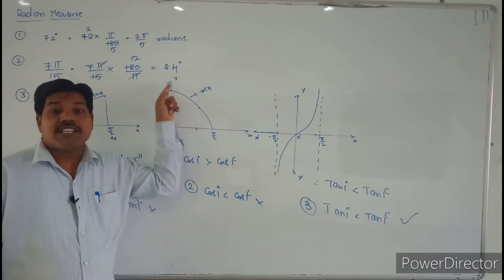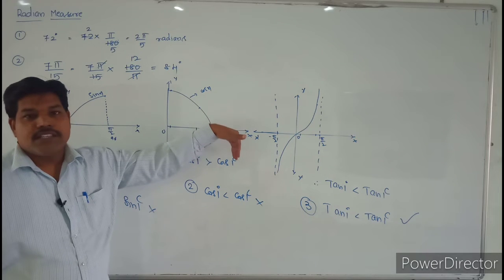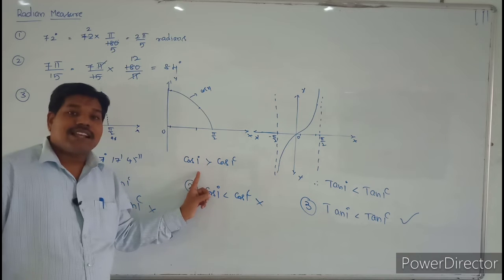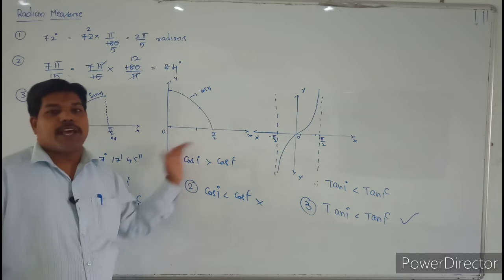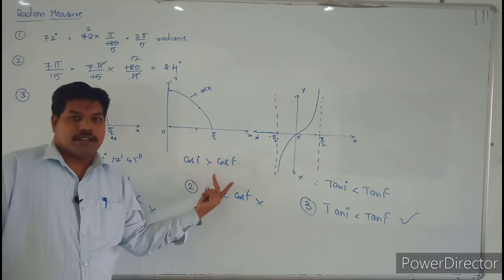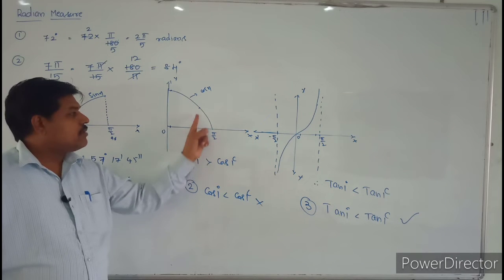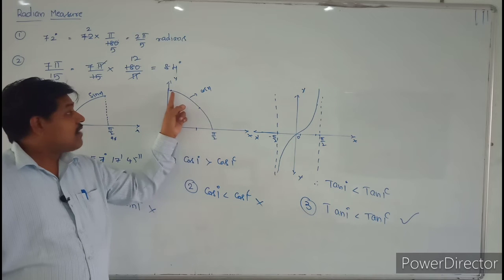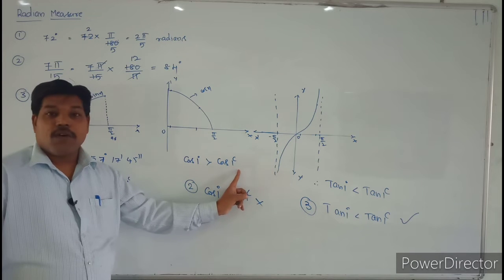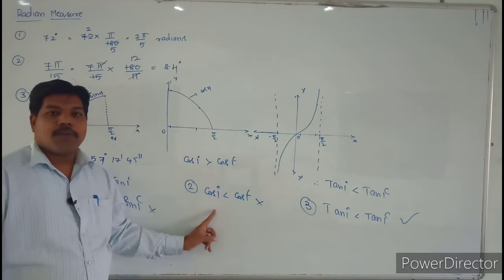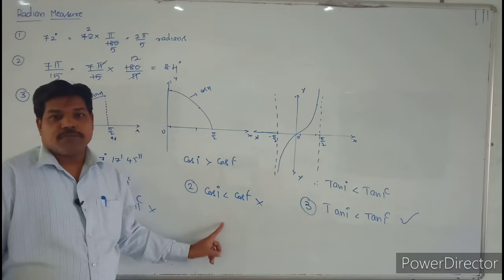Next one. Cos is a decreasing function from 0 to pi by 2. So in this one, what do we get? 1 degree is less than 1 radian. If the function is decreasing and we apply it, the less than will become greater than. Why? Because this image is here, and the 57 degrees image is here. I understand that. So this value is more than this value. So cos 1 degree value is more than cos 1 radian. But in the options they have given cos 1 degree is less than cos 1 radian. So this option is also wrong.